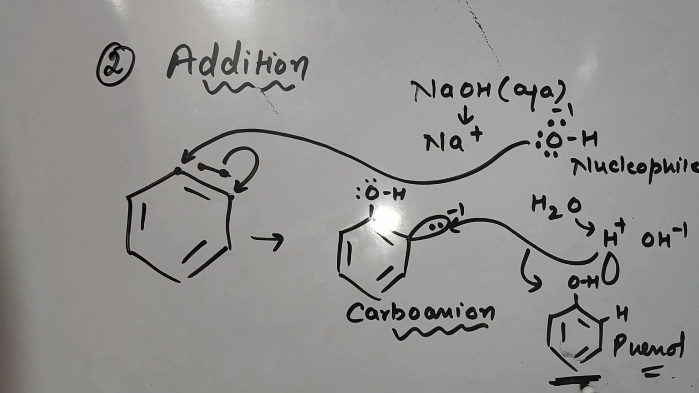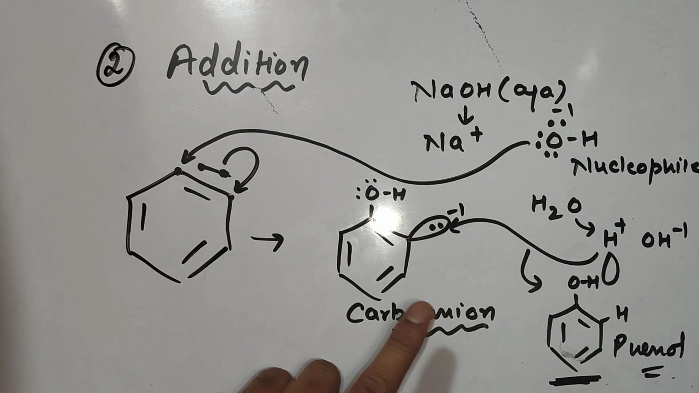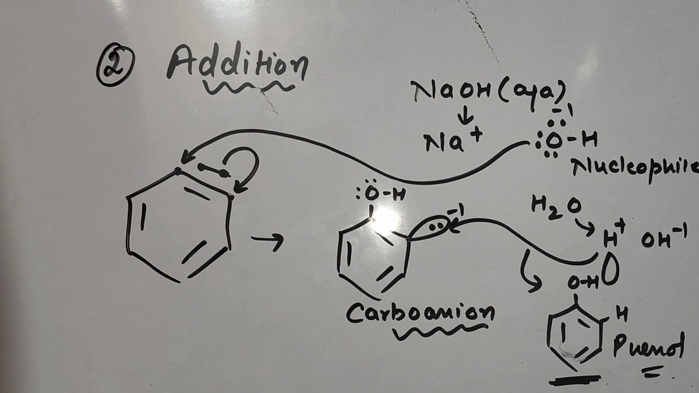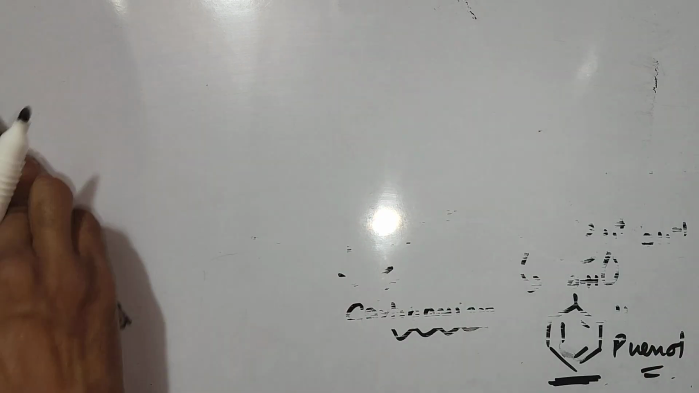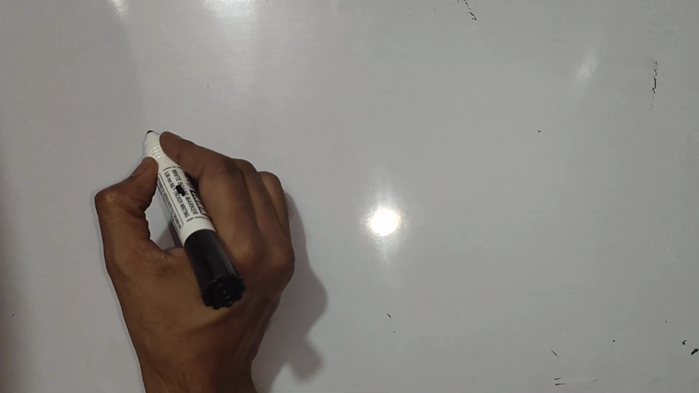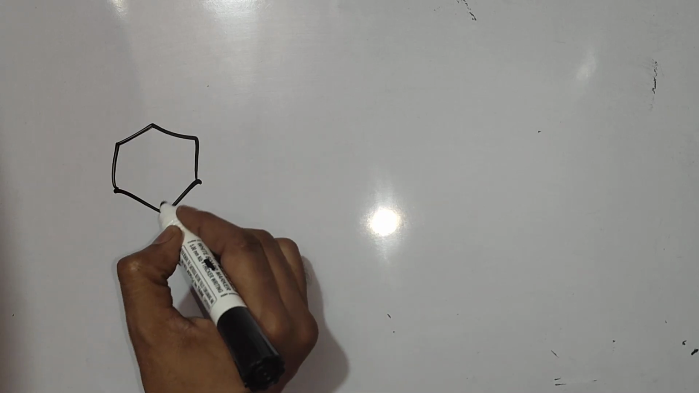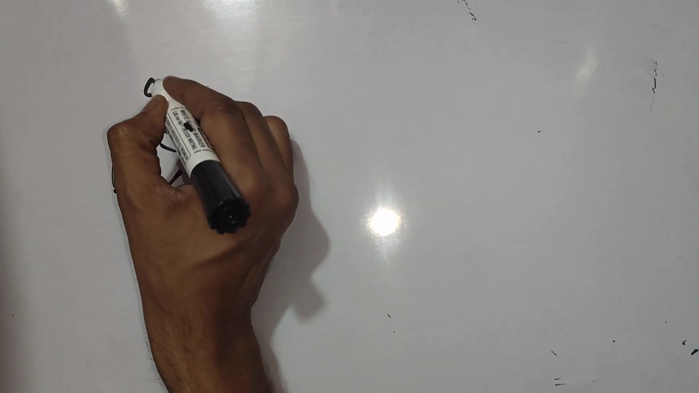Now phenol is generated, but wait, this phenol will not be available to you in this form. The problem is the phenol generated here is acidic. Let's check what will happen. Third step, let's write. So after elimination and addition, we got phenol, but the problem is